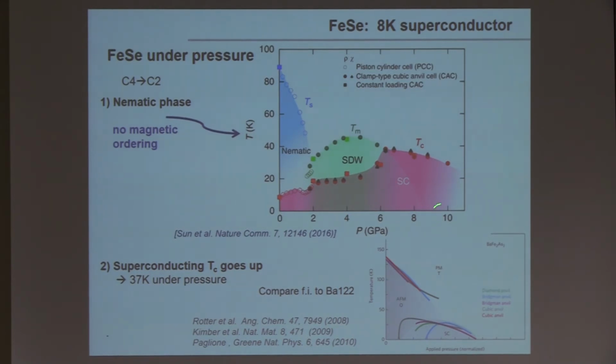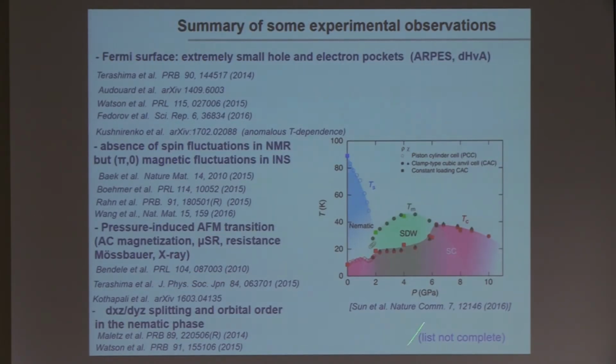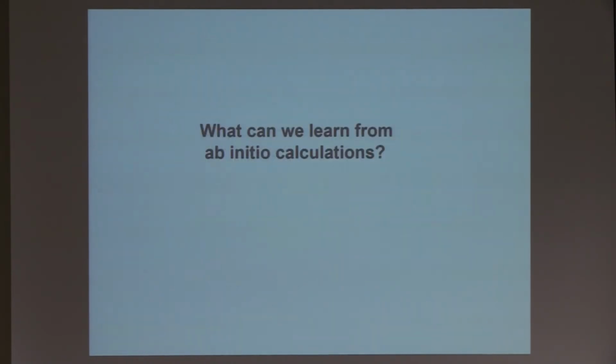And at the beginning, there was a lot of unclearness about how to understand this phase diagram, especially because if we look at all of the materials with magnetic order and superconductivity, the Tc always goes down with pressure. So how does this happen here? And where is the origin of the nematicity, while there is no stripe order or long-range order appearing in the system? I'm not going to go into detail on this, there have been many different experiments analyzing this nematic phase, and let me just show you shortly what we can learn from ab initio calculations about this